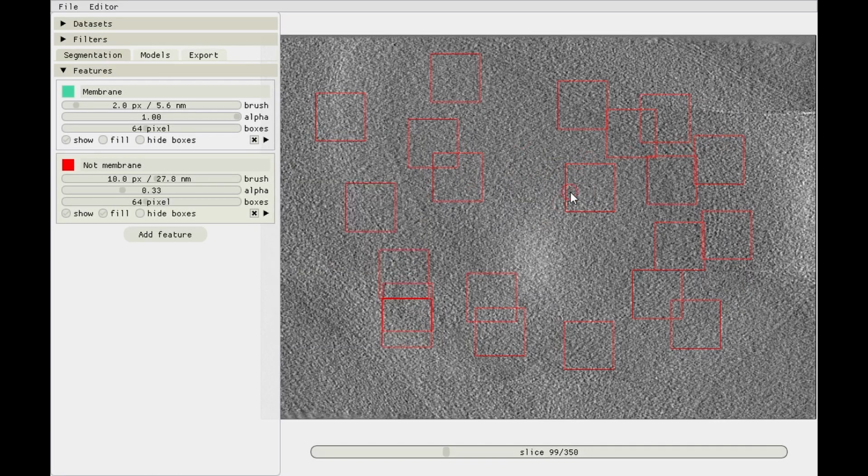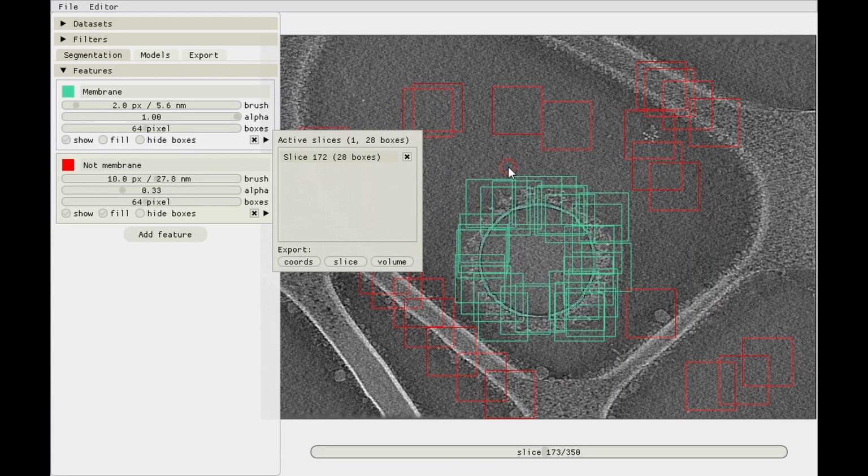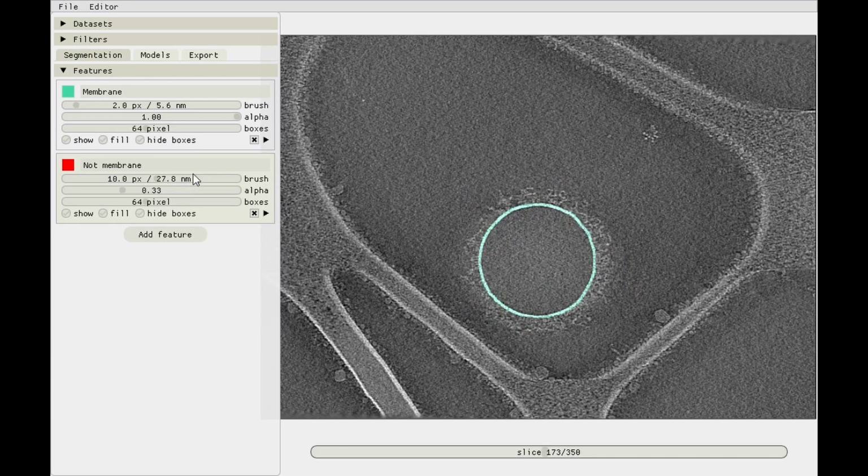And if you ever want to find back the slices that you've annotated, you can hover this button over here, and then in the active slices view you can just click it and you'll be back at the annotated one. So hide the boxes for now. That's the first step, the annotation. And we'll only do it for membrane for now, and there'll be a more involved tutorial on doing multiple models